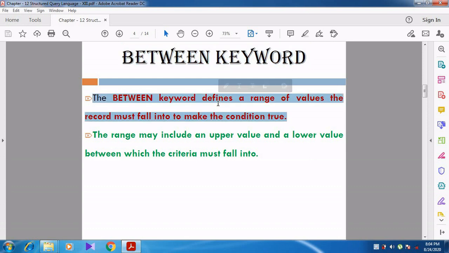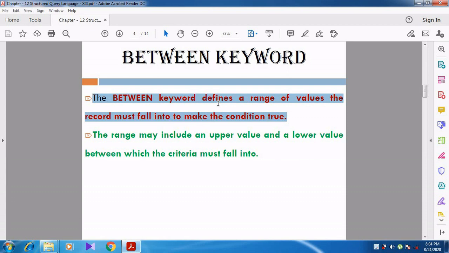See, the BETWEEN keyword defines a range of values the record must fall into to make the condition true. So the BETWEEN keyword is going to specify some values.